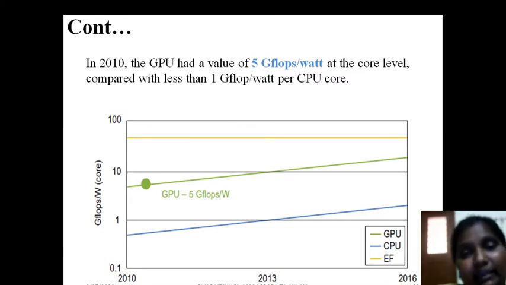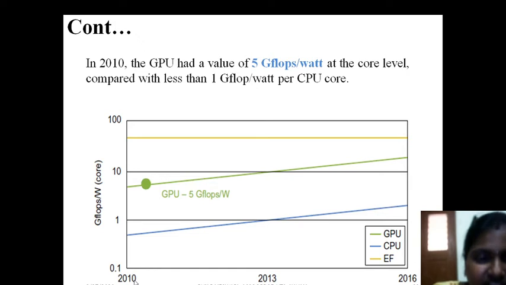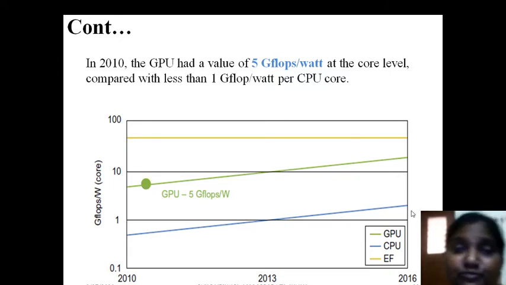But if you come to CPU, our central processing unit, that is the blue line. Green line is for GPU. Next, blue line is for CPU. Around 2010, it is very near to 1 only, not more than 1 gigaflops per watt requirement. But if you move into 2016, it just needed 3 gigaflops per watt. See how it compares. As more cores are available, more processing is needed, more processing is going on, automatically more power is needed. So both are the same, right?